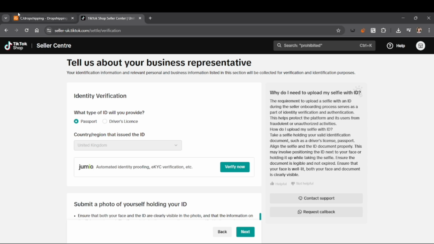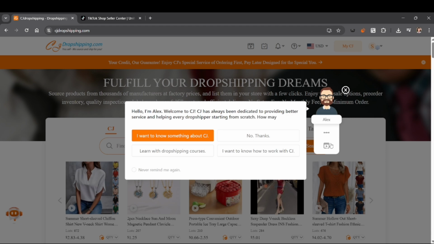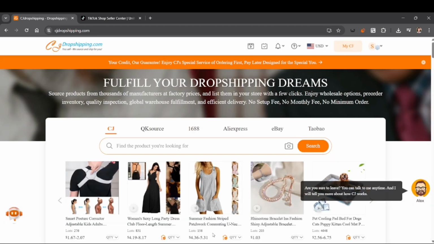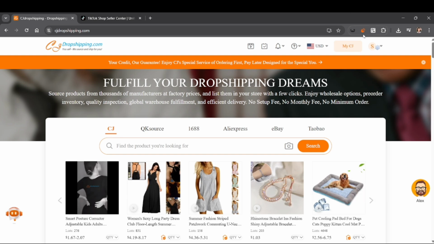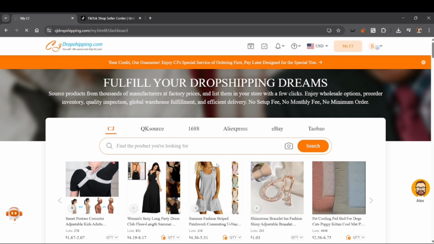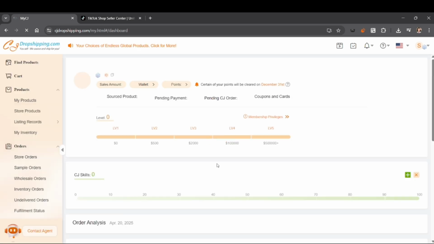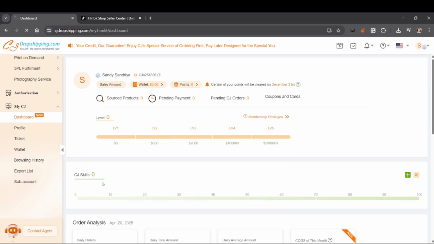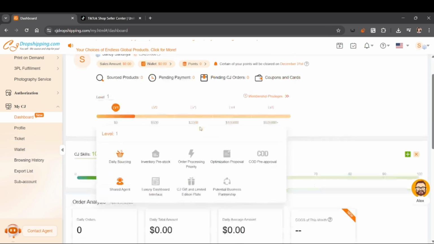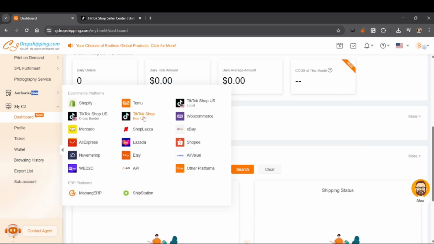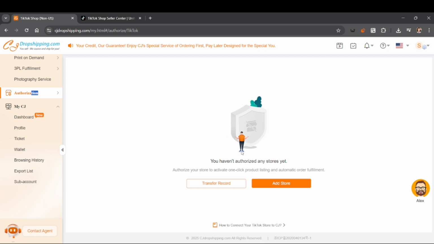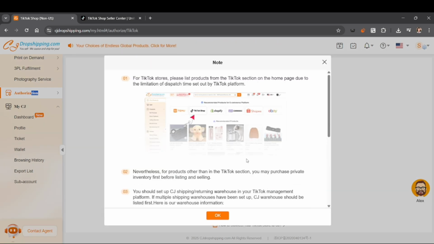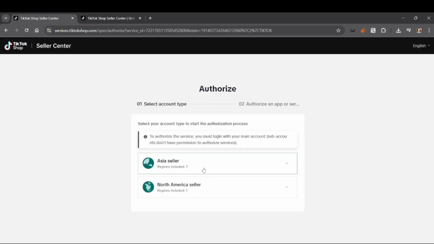Now let's get over to the CJ. Let's X this and then click My CJ, and after that, look for the authorization and choose the TikTok Shop, and then click Add Store and follow the prompts to log in and authorize access. Assuming we're done in here, once done, CJdropshipping will be linked to your TikTok shop, and